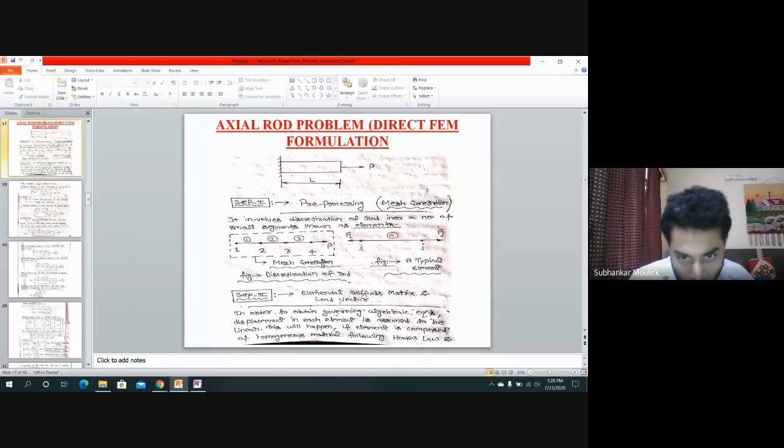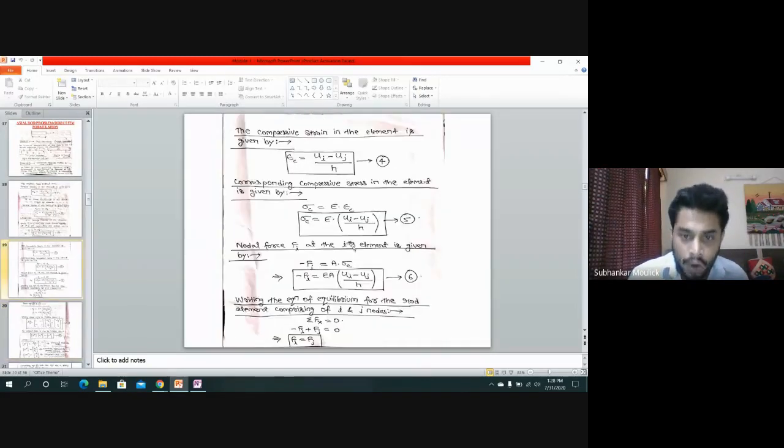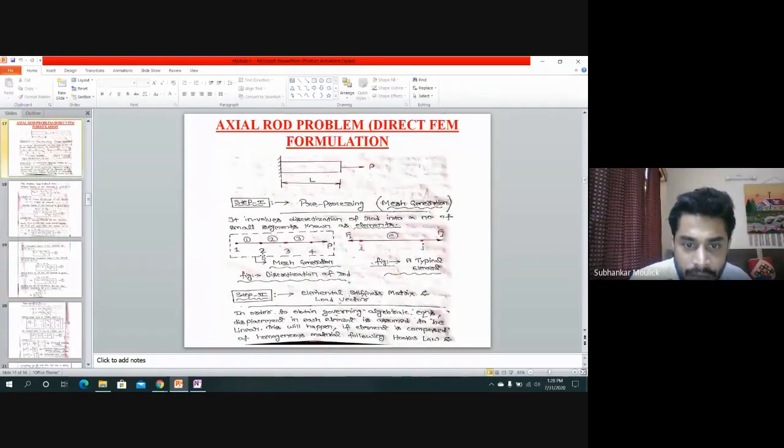Fine. If it is not known to me, I cannot solve this equation because ui and uj are also unknown. That means for element number 2, ui will be displacement u2 along positive x direction, and for element number 2 at node 3 the displacement at nodal point j will be u3. That is also unknown. That means 2 equations, 4 unknowns. You cannot solve the problem. Never can you solve the problem.